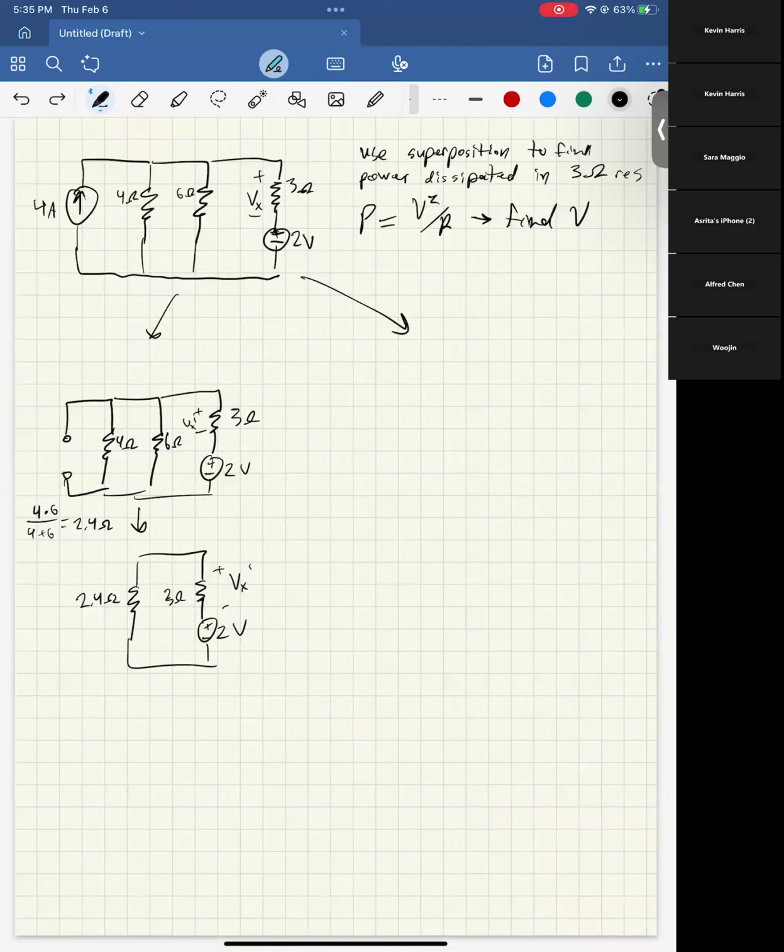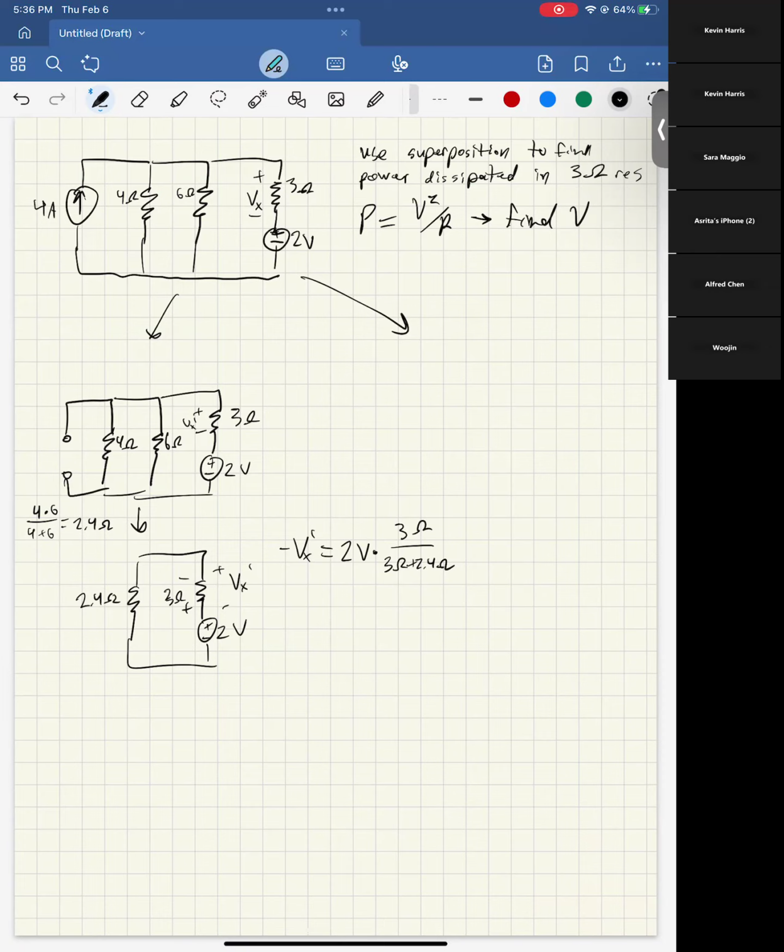In the way I just mentioned, if we imagine current flowing out that way, there's going to be a voltage here, and I'll say it's negative Vx because Vx is defined as the other direction. And that would be that input voltage times 3 ohms over 3 ohms plus 2.4 ohms. And with that, you get, let me find the math done for me. Okay, you can do that and you would get,